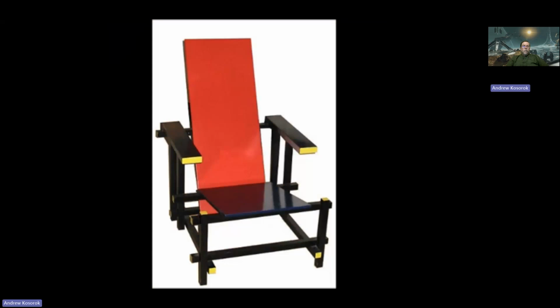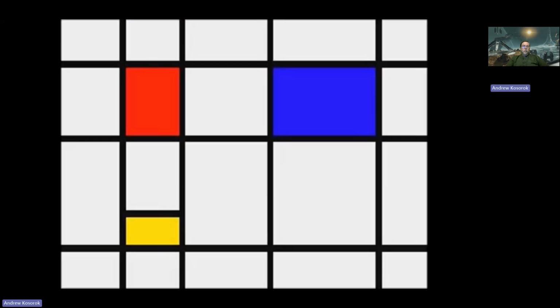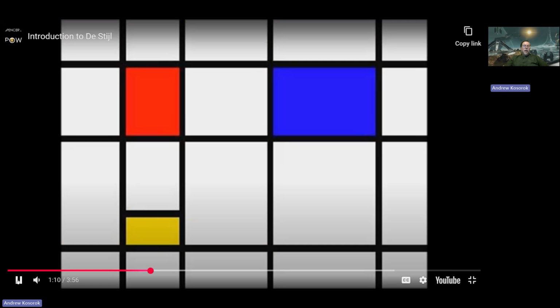So what was de Stijl all about? Well, roughly, it was a utopian perception of spiritual harmony. That was the way that Mondrian described it. I really like what this individual is saying, that it's an expression of a hope